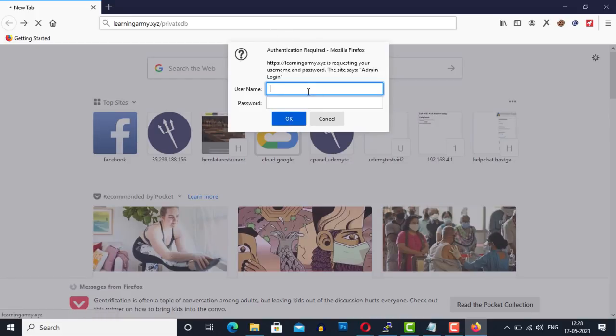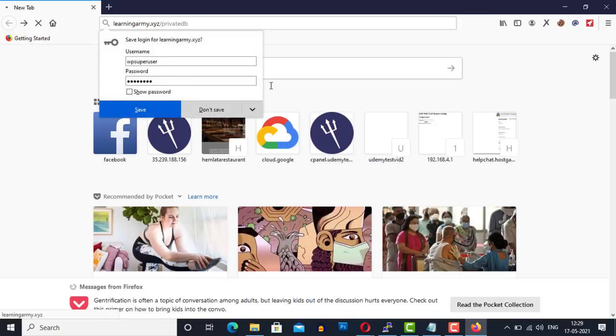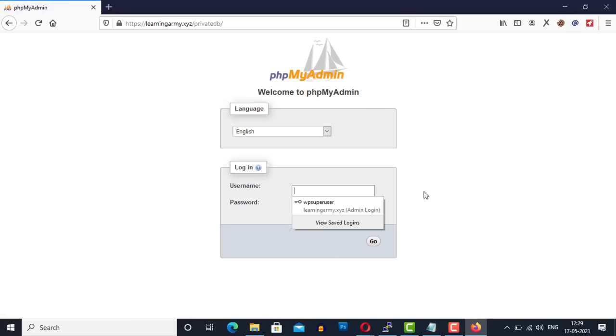Okay, it's not working. Now try to enter the wrong username and press enter. Okay, again it's not working. Now let me enter the right credentials. Great, so it works.